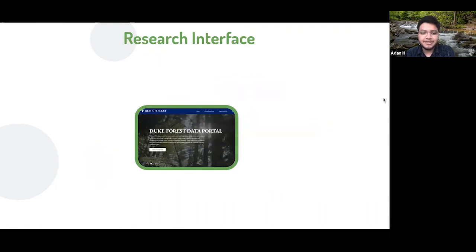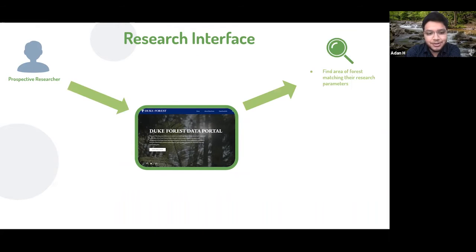So the research interface, let's go through each researcher. There's prospective researchers, and they would get access to the Duke portal. And the prospective researchers would find the best suited areas in the forest by using our interactive map and layering features that it provided,